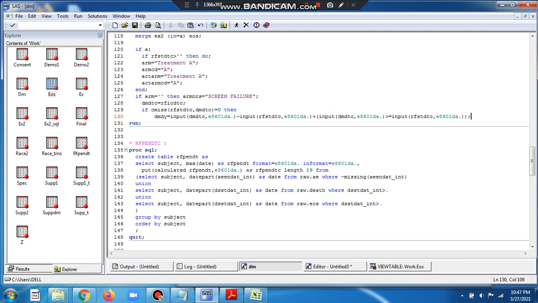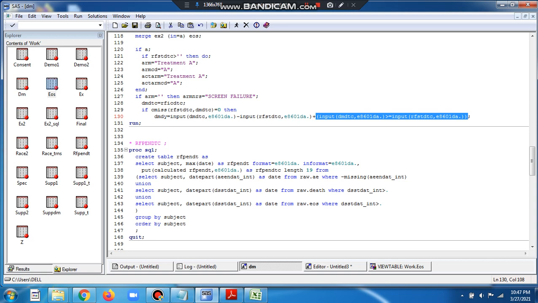So this is one way of doing it. Here DMDTC minus RFSTDTC, and this particular value can have a value of 1 or 0. It's a logical condition. So the condition is DMDTC greater than or equal to RFSTDTC. So we are converting both into numeric, and then we are checking if DMDTC is greater than or equal to RFSTDTC.